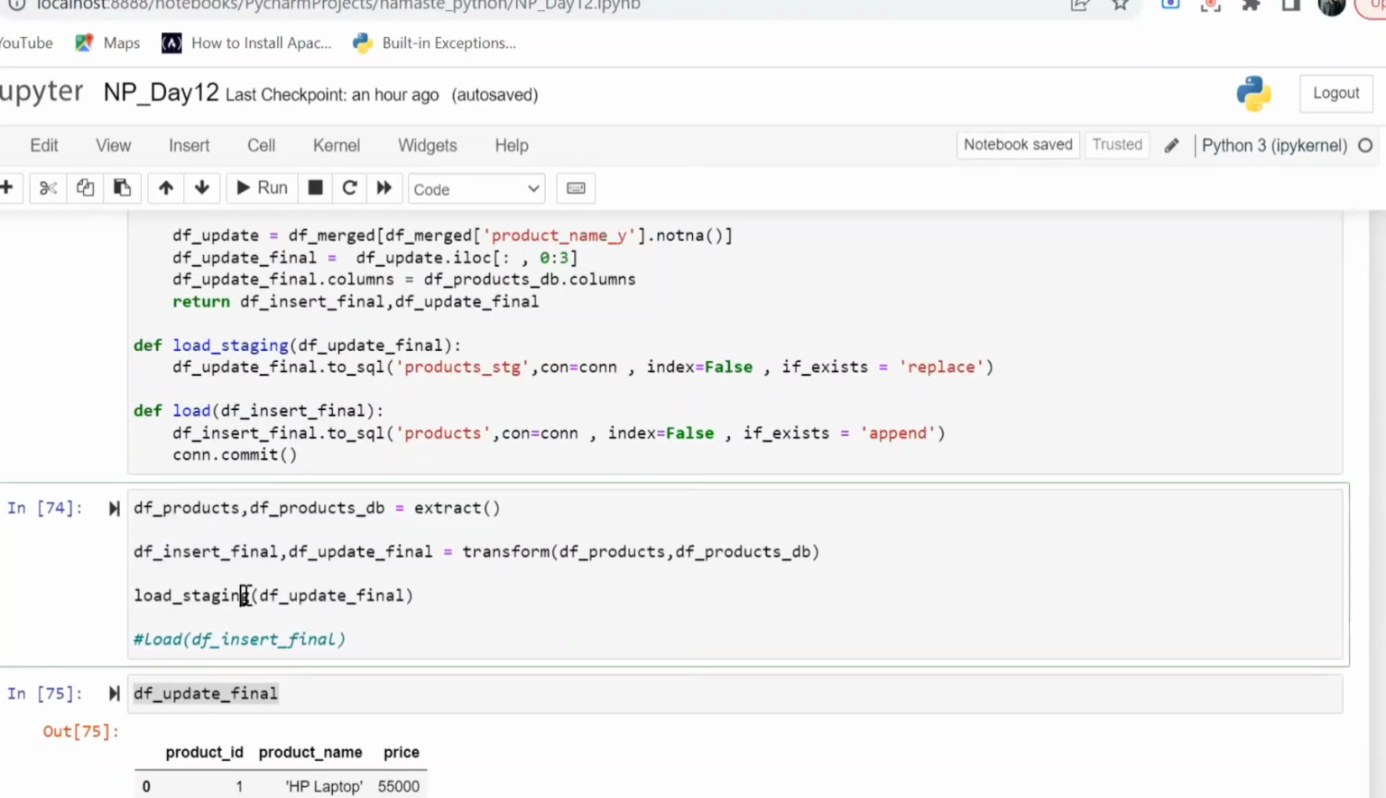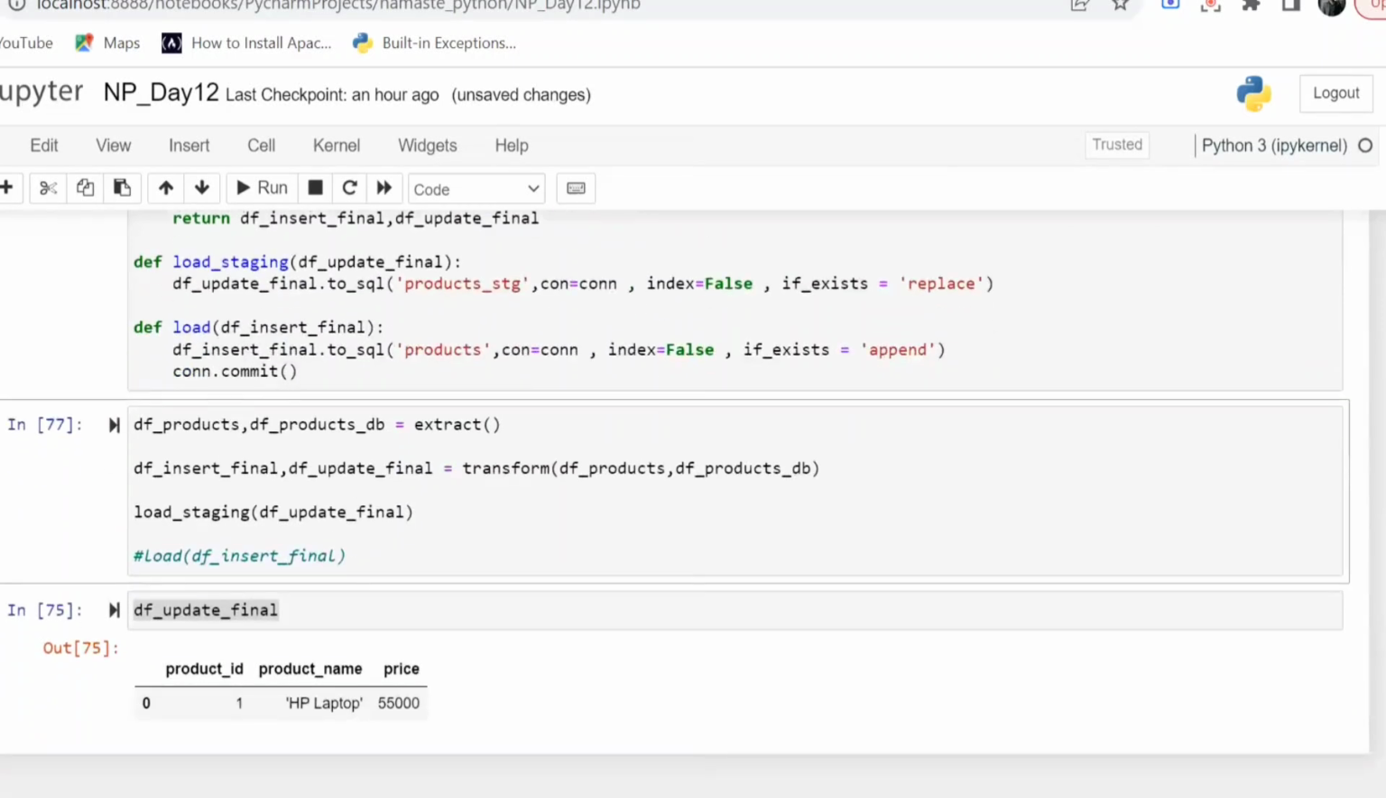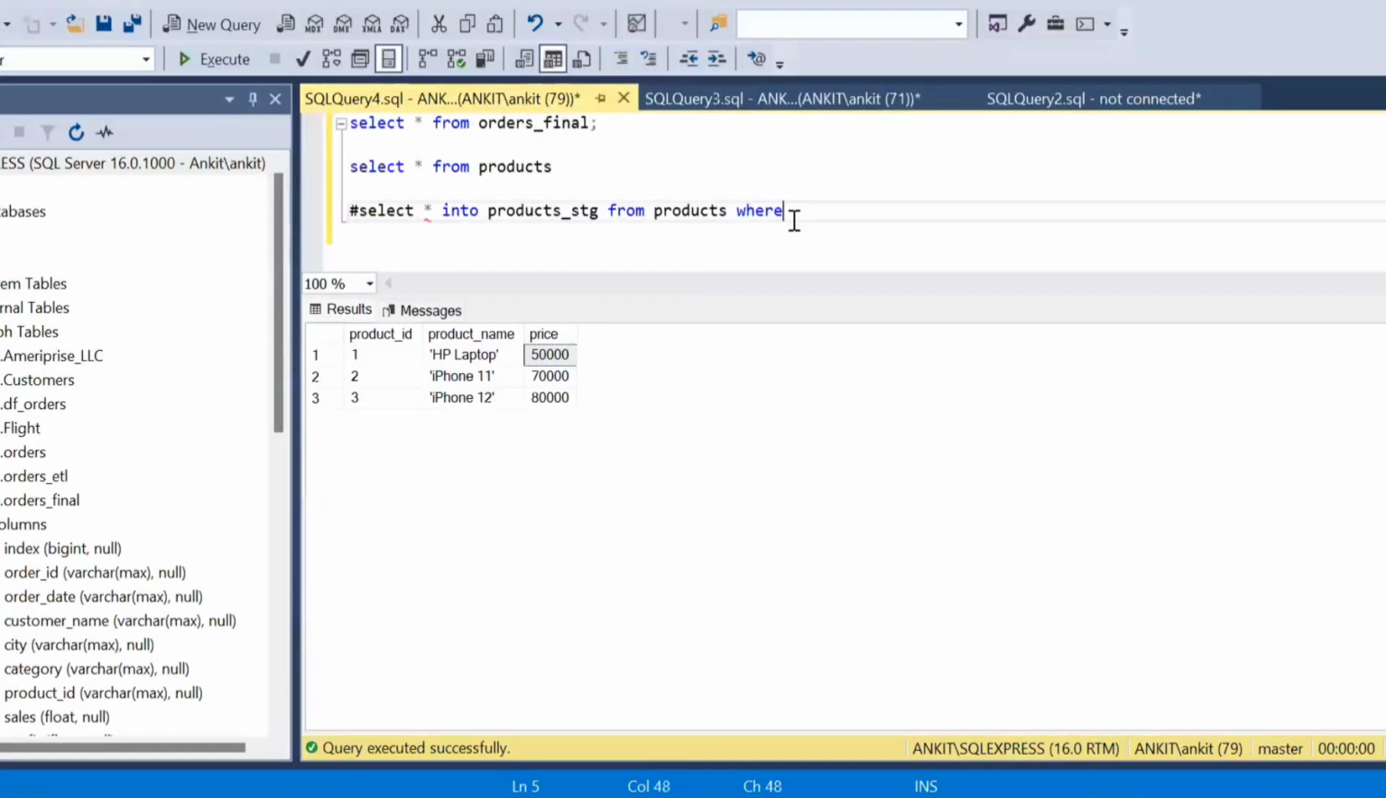So let's call it quickly. So load staging is done. This is also done. Okay, you can watch this video again. It is not a simple one, but I'm trying my best to make it simple. Okay, so let's start from